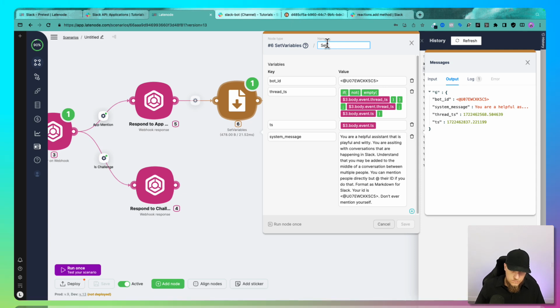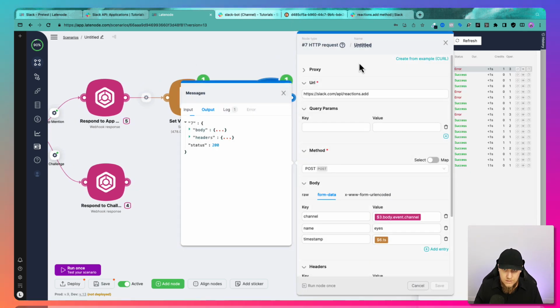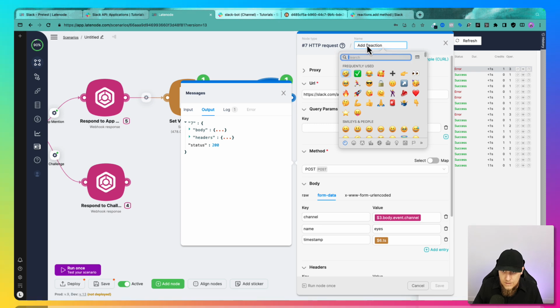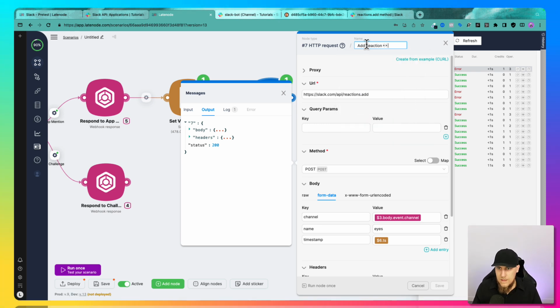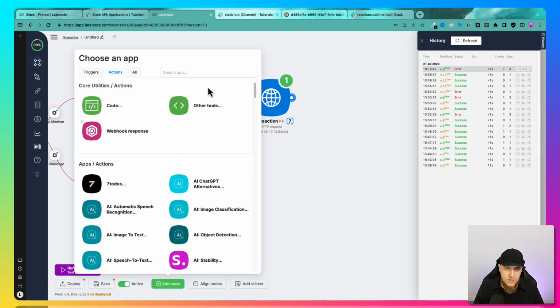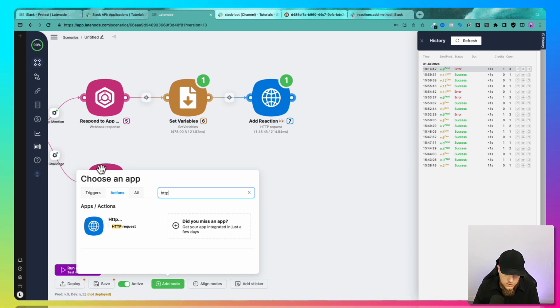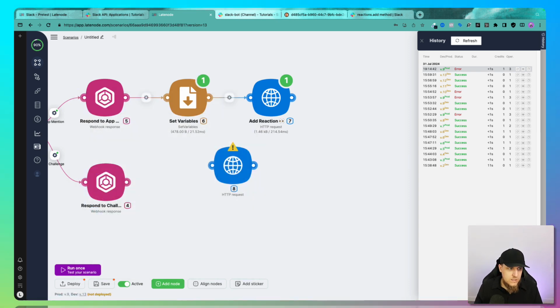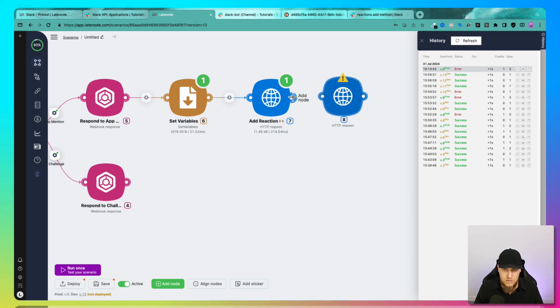Set variables. This one is for add reaction, and it's the eyes. There we go. So we add the reaction, and now what we want to do is add a node, which is going to be another HTTP request node, and this one is going to be to get the entire conversation history. So here we go, get the entire conversation history,